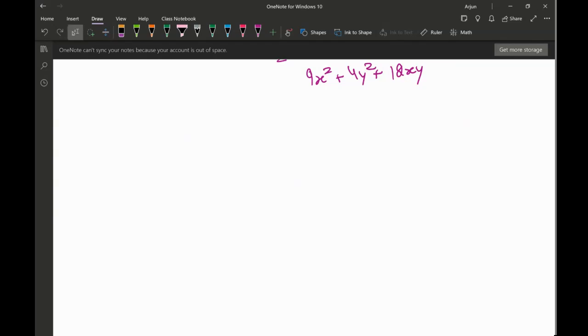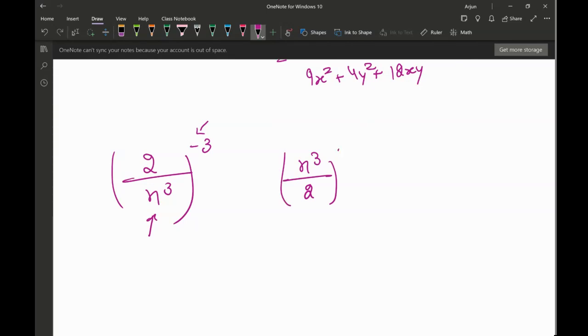So in any one more question I'll do. This is 2 upon n, raised to the power 3, raised to the power negative 3. How am I going to simplify? I cannot simplify within the bracket, so I'll take the exponent now. So n raised to the power 3 over 2, n raised to the power 3, and then this will distribute